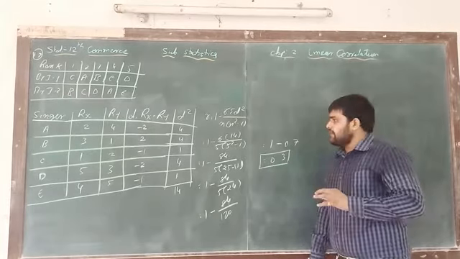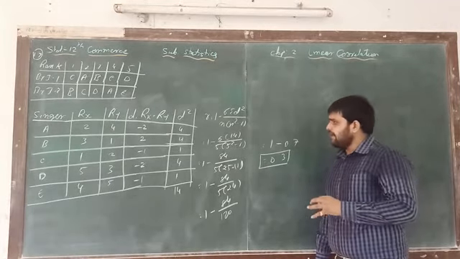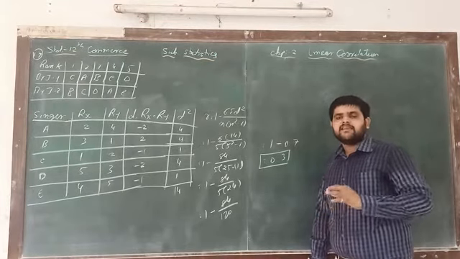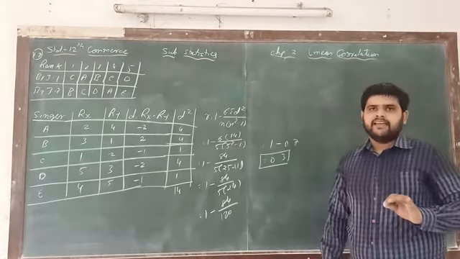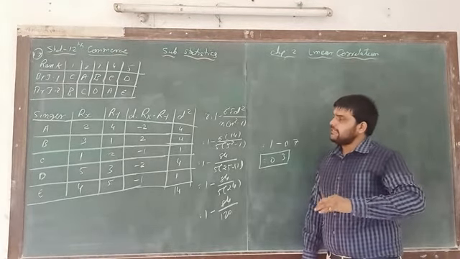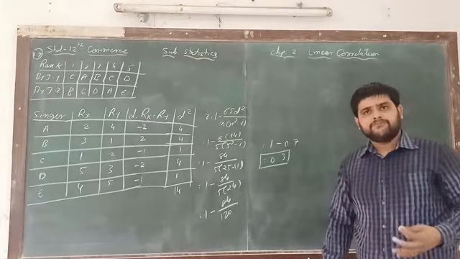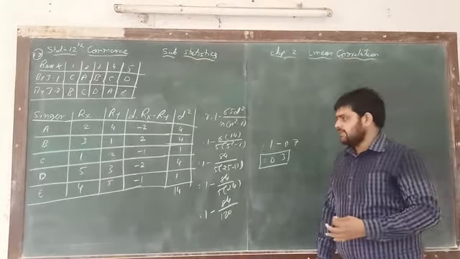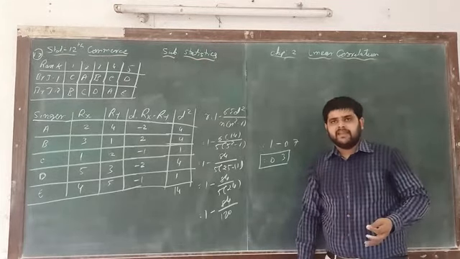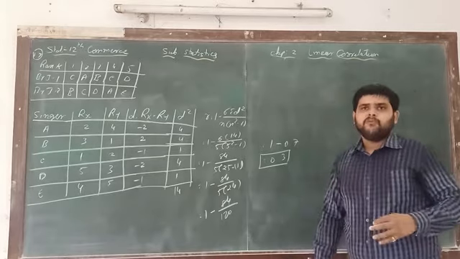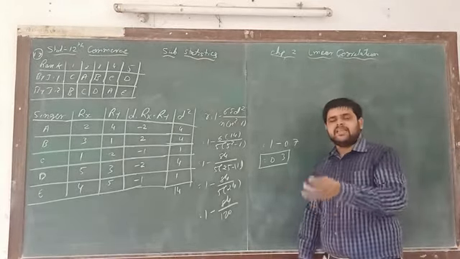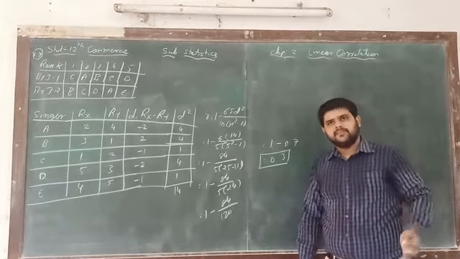In this way we find the value of r with the help of the rank correlation method. We learned first when it is used, and then illustrations 15, 16, 17, 18 and 19, four illustrations to calculate. In the next video we learn example number 20, where information is given and we convert it into ranks and then find r. We'll see that in the next video. Okay, thank you.